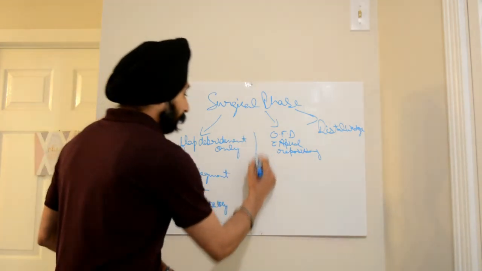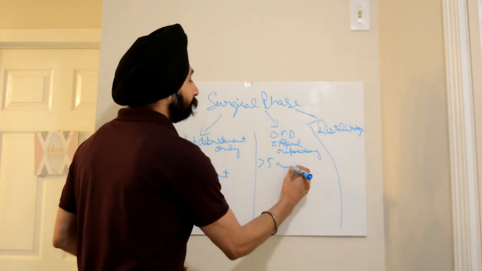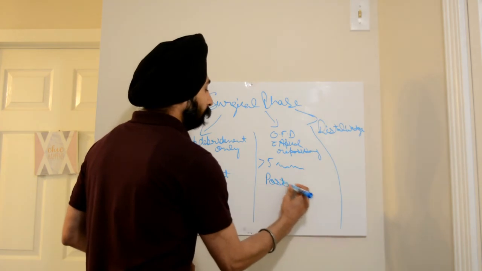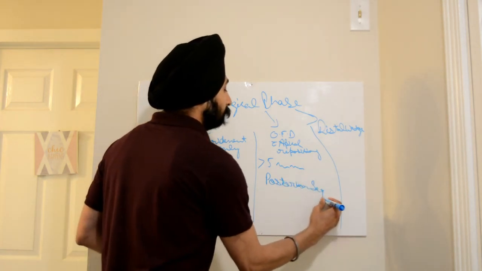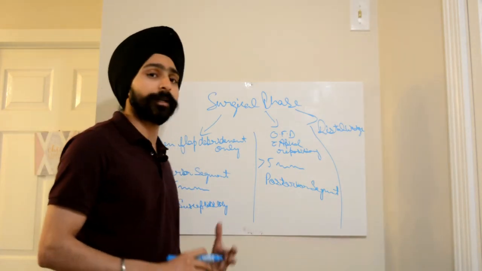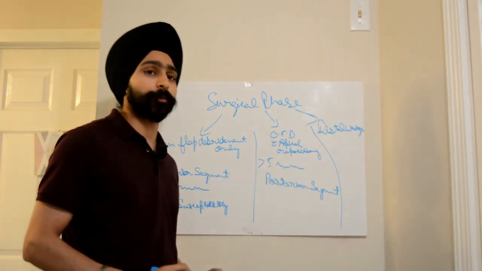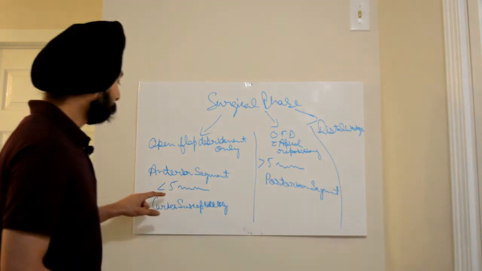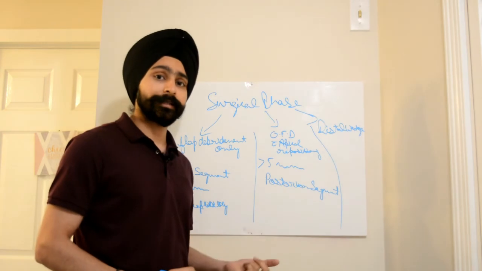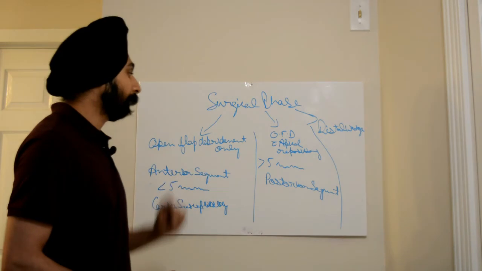But in case patient is having deep pockets more than 5 mm, pockets are in the posterior segment, and patient does not have any caries susceptibility or increased risk of caries, then we will perform open flap debridement with apical repositioning. One thing to notice here, if the pockets are less than 5 mm, whether they are present in the anterior segment or in the posterior segment, it does not matter. We will perform open flap debridement only.